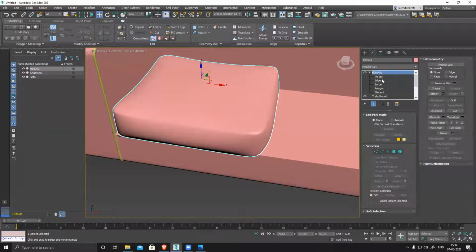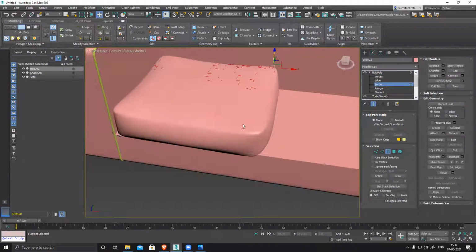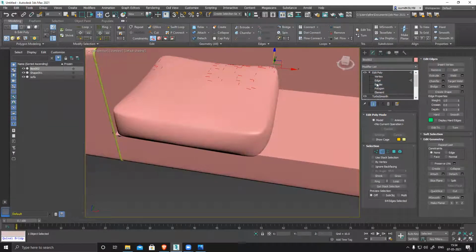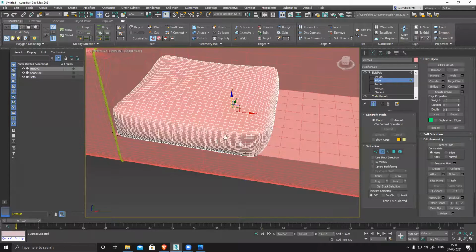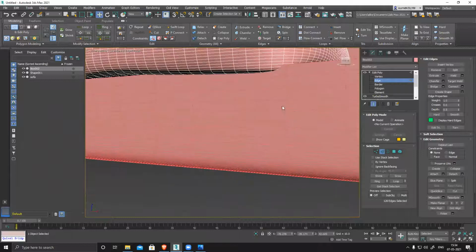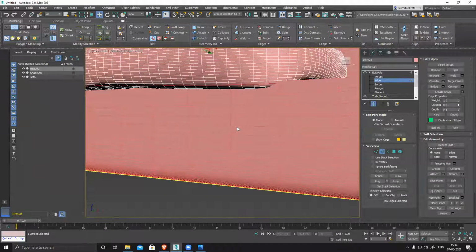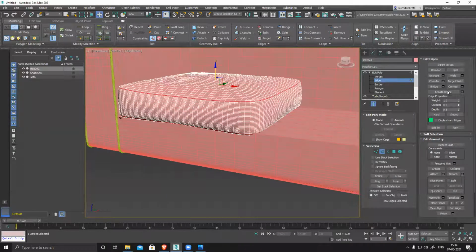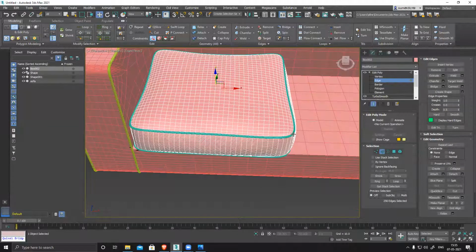Go to edit poly. I can drag drop this thing, edges, and now I can select a perfect edge, create. So you can see now you have more polygons, so it will automatically snap to the surface, because you previously didn't have enough polygons, so it was creating that peculiar shape.